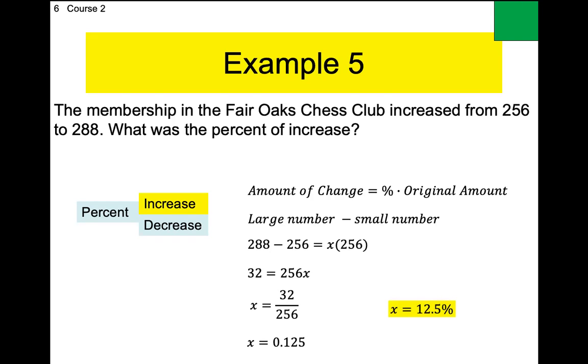Okay, this is as easy on this particular one as it gets. When they give you the original number and the final number, this is not that bad. It's harder when they don't give you the final number, and it's slightly more challenging when they don't give you the original number. I showed you all three flavors of how it comes. They don't give you the original number, they don't give you the final number, or they don't give you the percent. That's the only way it can be asked. Some of you will struggle mightily with this. I also encourage you to use a calculator on this so you're not worrying about the calculations, you're worrying about the setup.